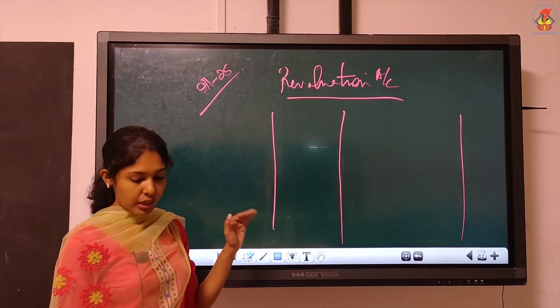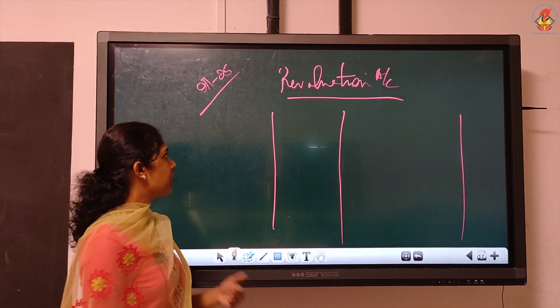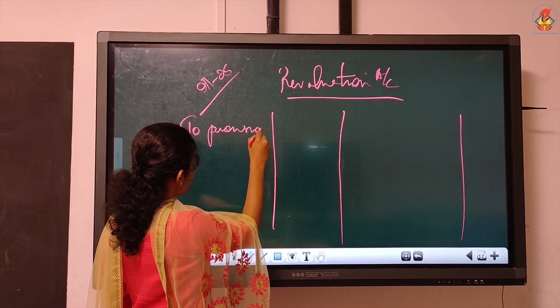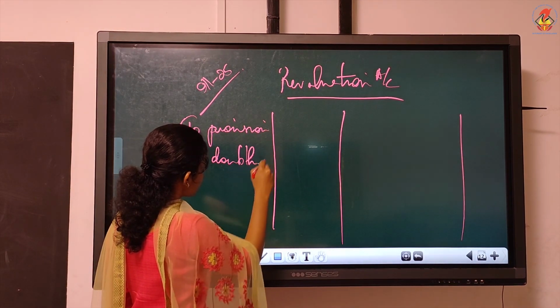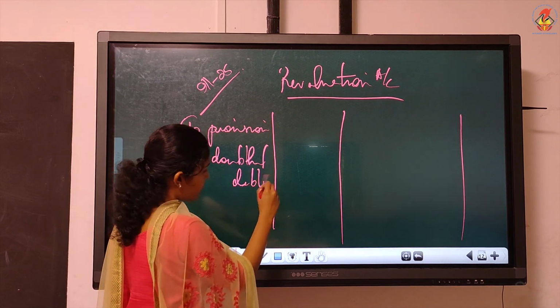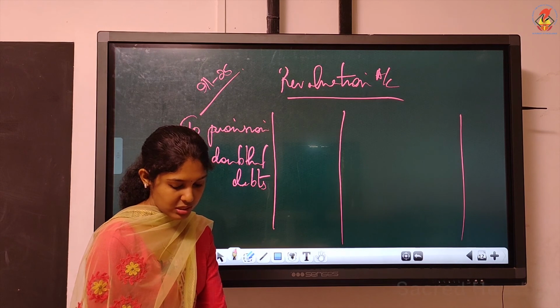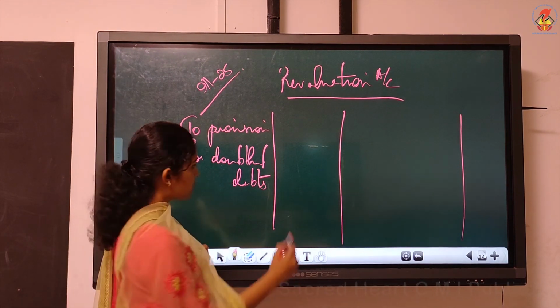Provide for doubtful debts at the rate of 5% on sundry debtors. So it is an increase in liability. There is no provision in the balance sheet, so it is an increase in liability. So here we will write "To provision for doubtful debts." See the prefix. It's to be computed. It's a new provision. So just directly compute 5% on your debtors, 90,000. So it is 4,500.